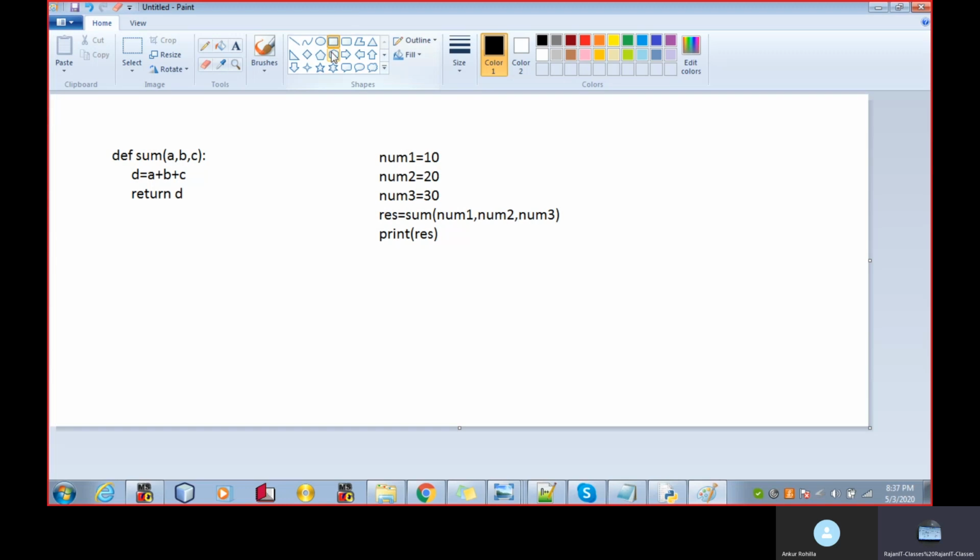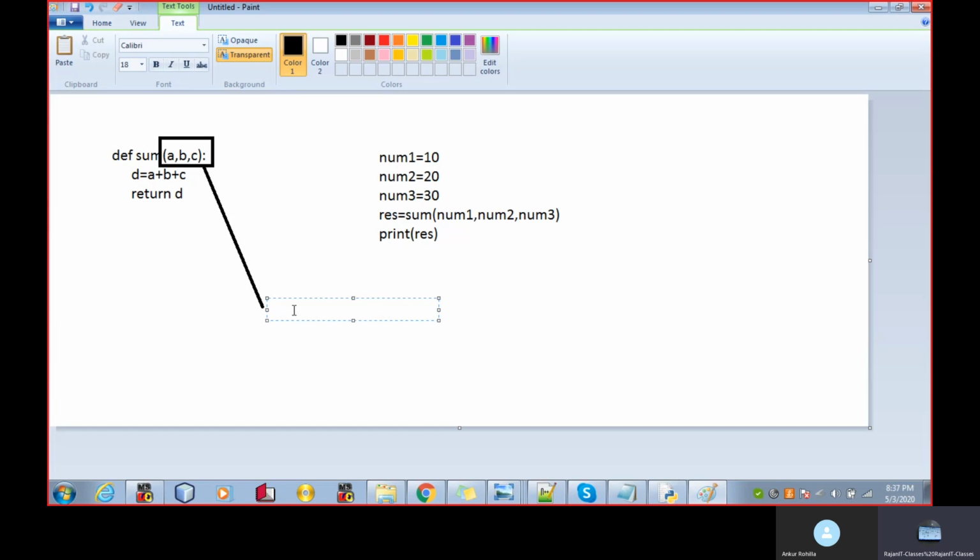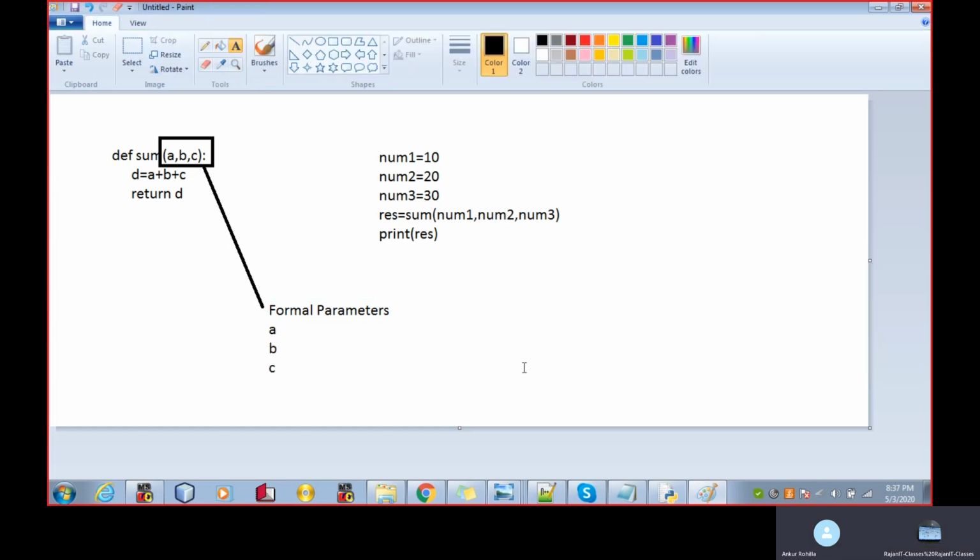Okay. So if you see this part, these are known as the formal parameters. A, B, and C. How many formal parameters do we have?